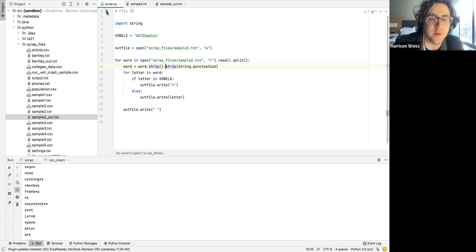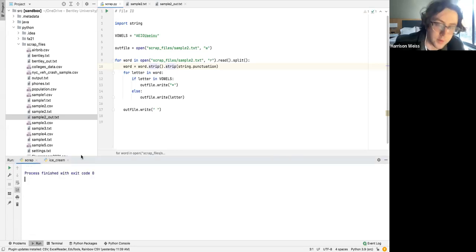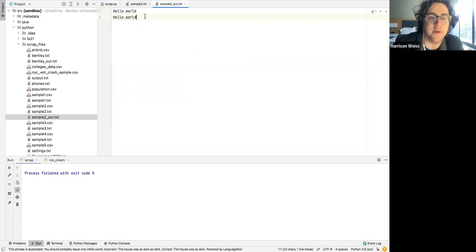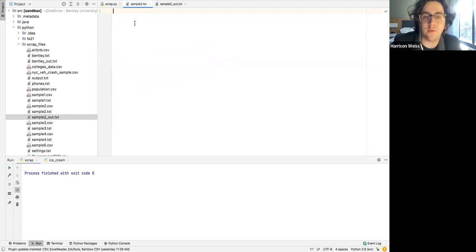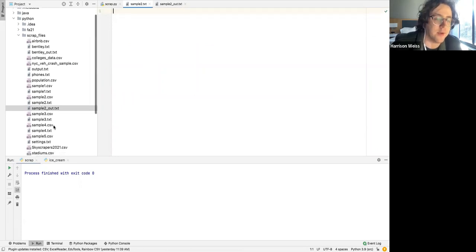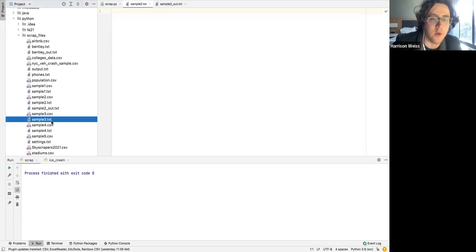Okay, so here we go. There's no console because everything should be in here, and it didn't do anything there. Cool. Let's grab file sample2. Oh crap, this was a big mistake because I didn't change the name of this here. So it overwrote everything that was in sample2. So there's nothing there anymore. I'd have to go recopy what sample2 was, or